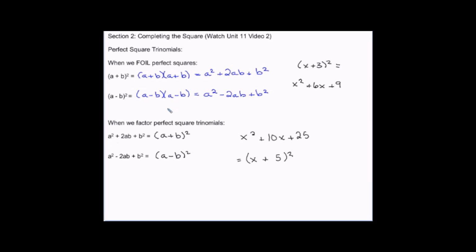Now, not every quadratic equation will have a perfect square trinomial, so what we're going to do is force the equation to be a perfect square trinomial so that it's easy to factor. And that's the process of completing the square, and in order to do that, we need to determine what number goes here. So the first step on doing that is we identify